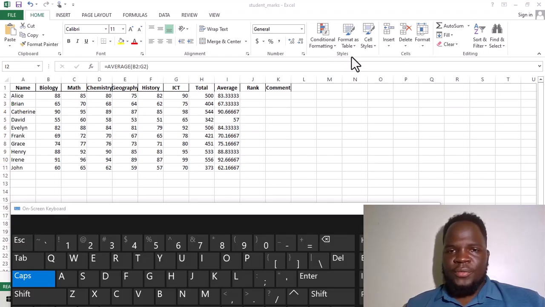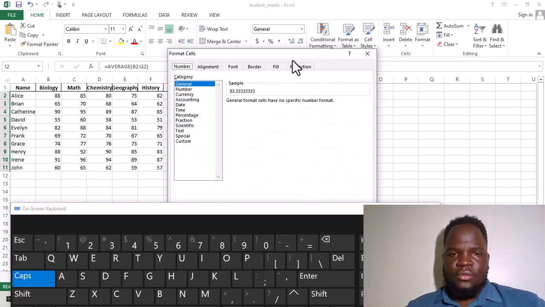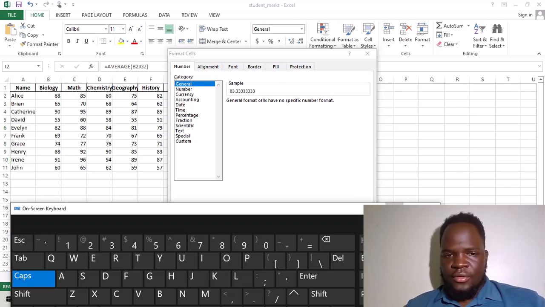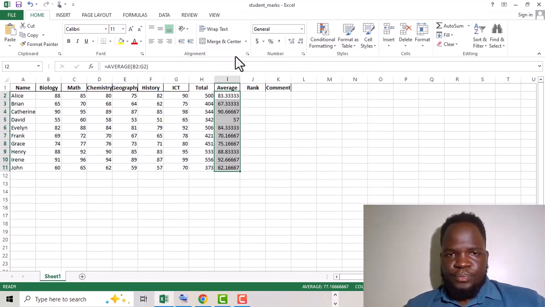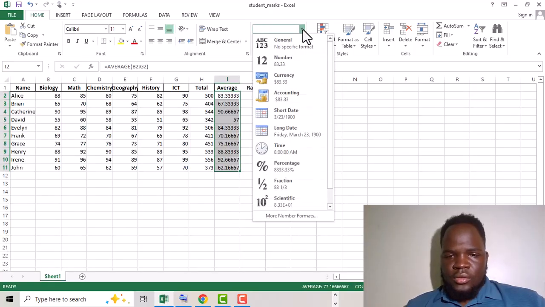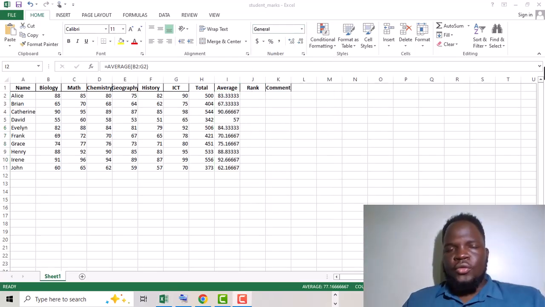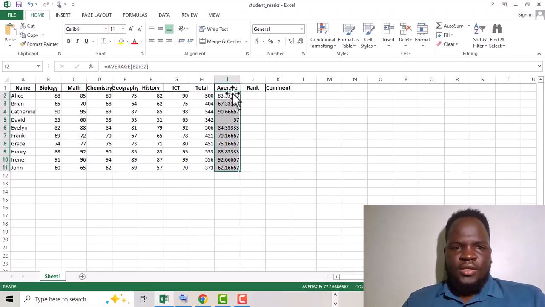That is something very simple. So you come here where you're seeing number, click on that arrow. Now we have these numbers here. This is general. Alright, so if you're not interested in these decimal places, you just come and highlight these values,